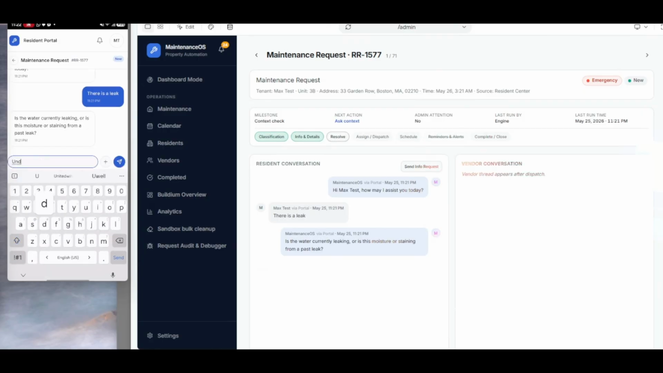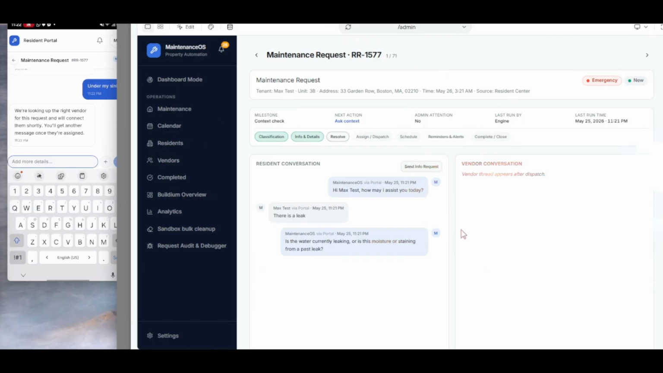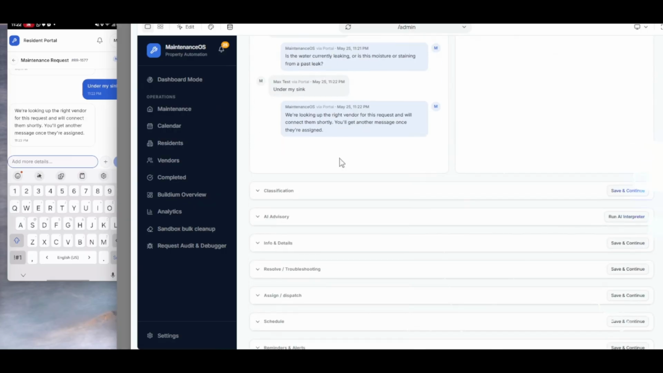Let's do under my sink. Under my sink. So now it's connecting to a vendor. This should update live. I'll just go like this and you'll see it's already updated. You see over here it says 429, 429, 429, 429, but it's already here. And again, it's not on auto, it's manual, so I'm just going to leave it like that. The next test is water is actually leaking under my sink,